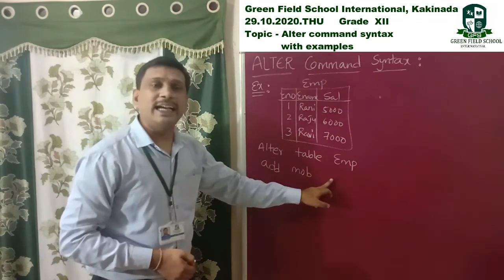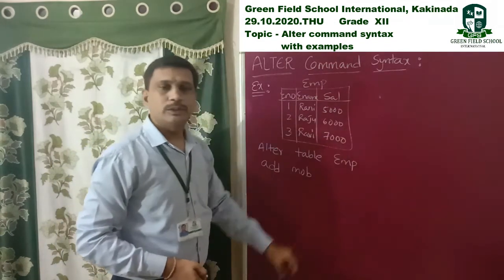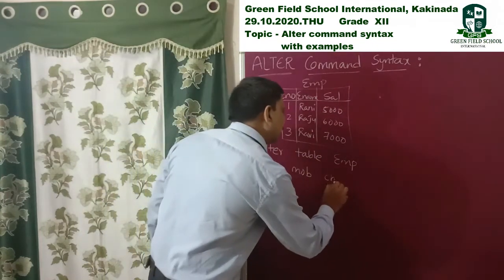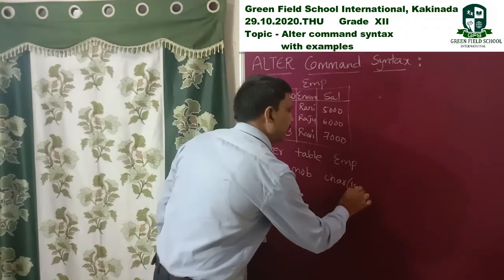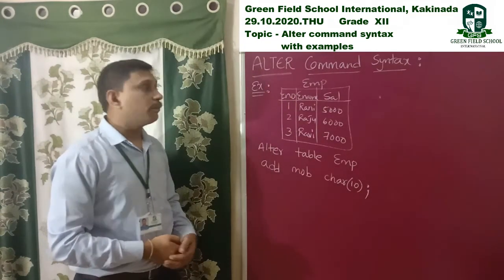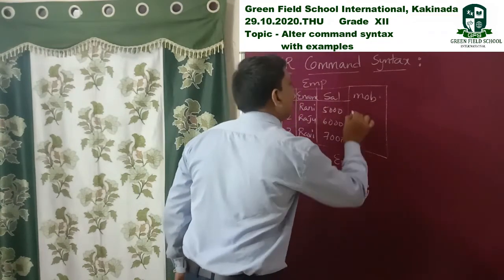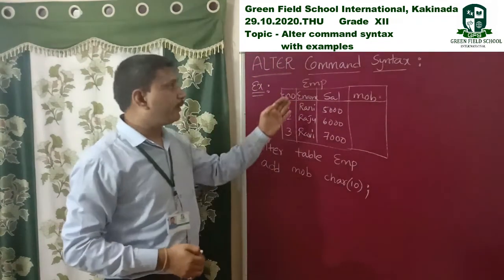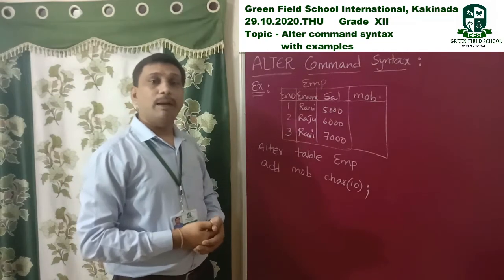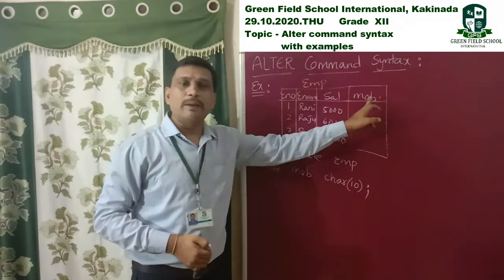Then I specify a data type for this particular column. Here I specify the data type. The mobile number column is a character of size 10. This is the column definition, to add one particular mobile number column to this already existing table,